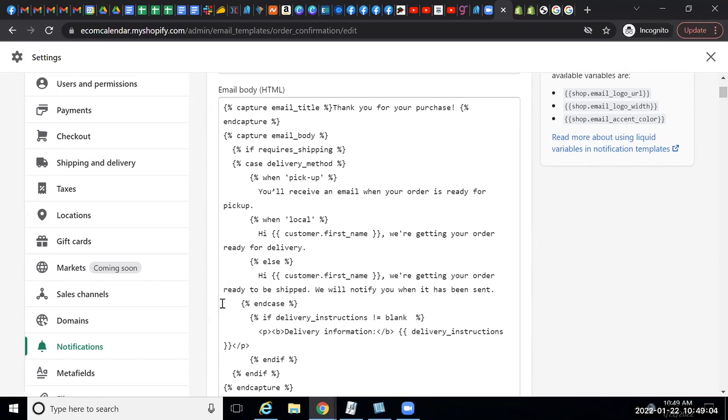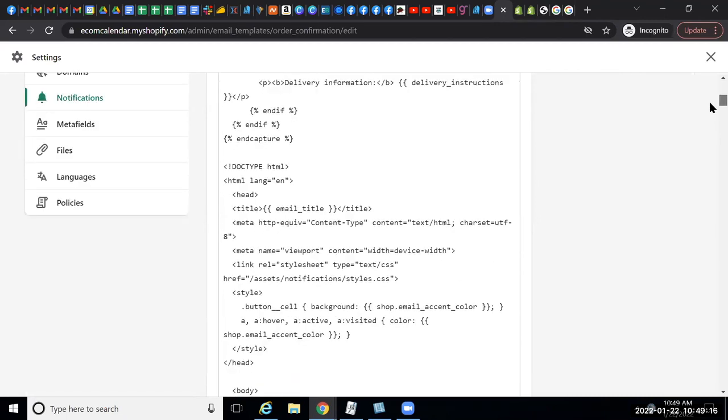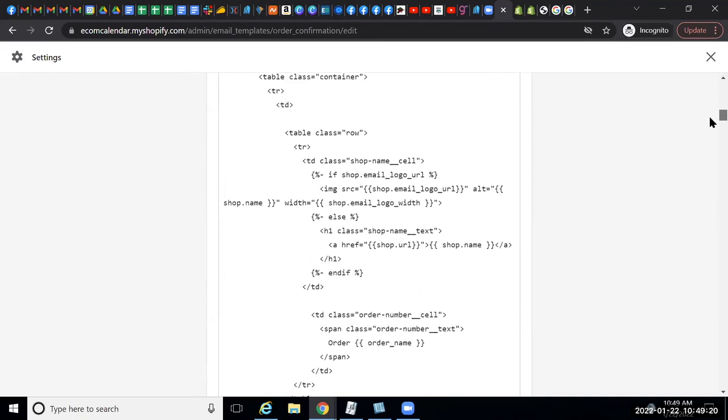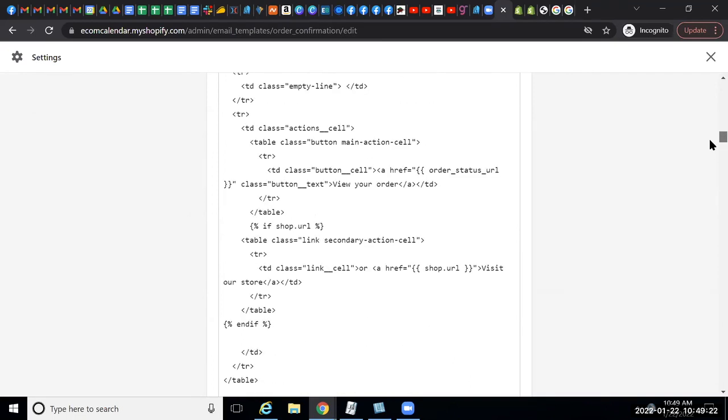We're getting your order ready for delivery. You should receive your order to be shipped. So the majority, all of your customers are going to be shipped because you're going to set up your shipping sessions, hopefully. I mean, you might do some local stuff. I don't know. But the way you read these is you have to read in between the lines to get